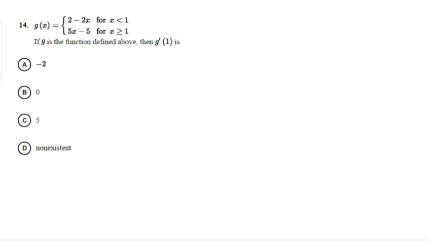All right, this one here, let me go ahead. For this one, differentiability implies continuity, but continuity does not imply differentiability. What was the point of saying that? Well, let's look here. All right, g of x equals 2 minus 2x. We want to see what happens